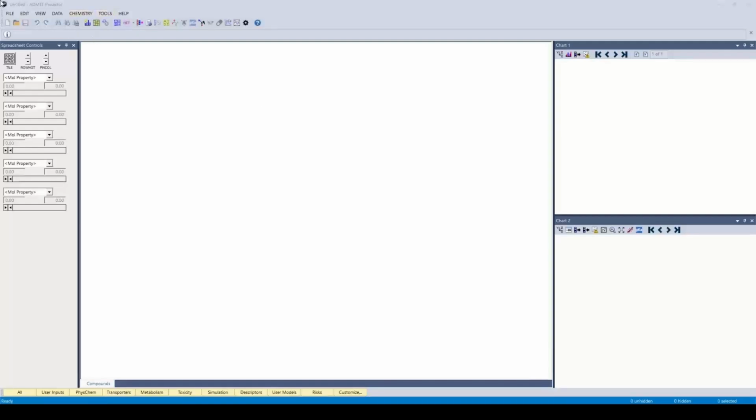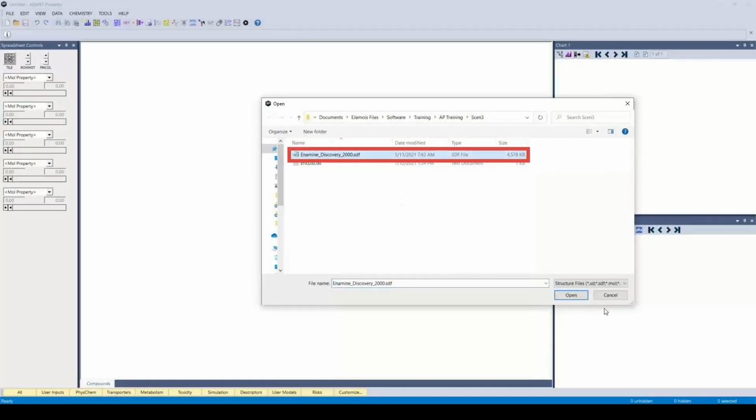I'm going to open a file which contains an example data set, a set of 2,000 compounds. It is a subset of the Enamine diversity set, which has slightly over 10,000 compounds. We could just as well have worked with the entire Enamine diversity set, but for the sake of this example,